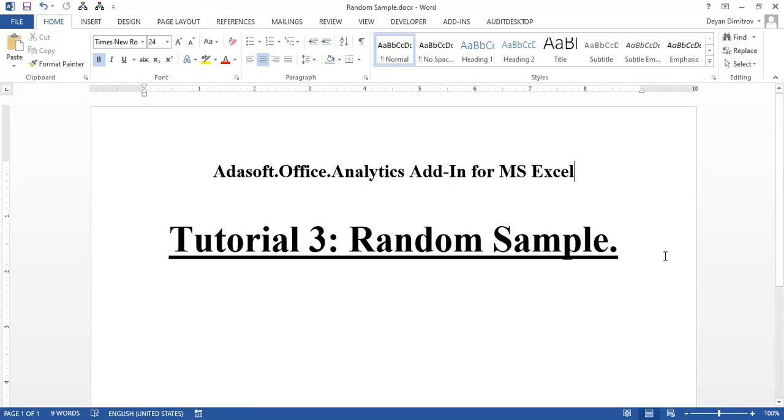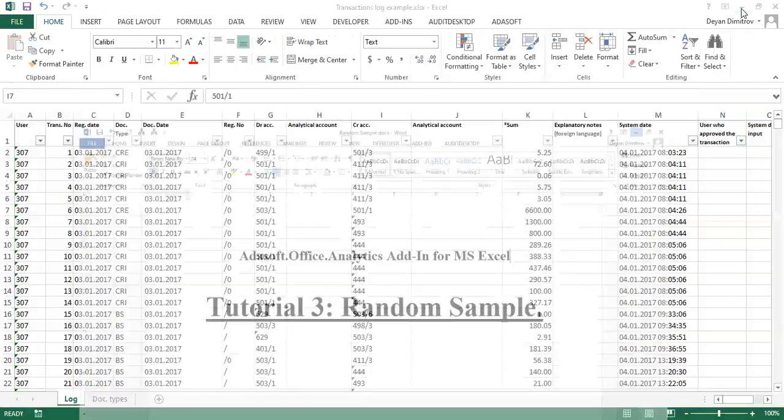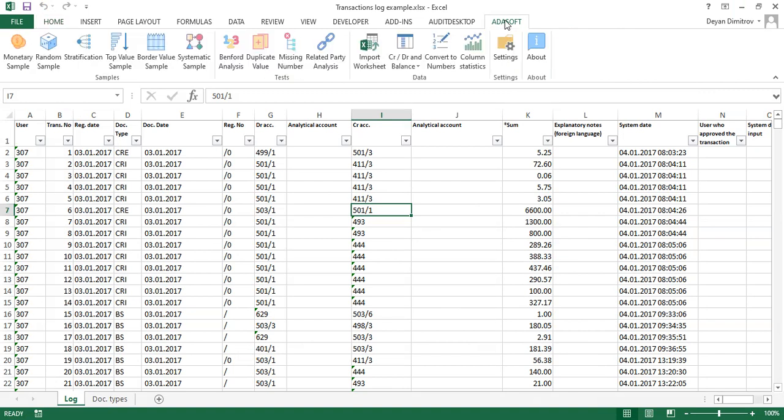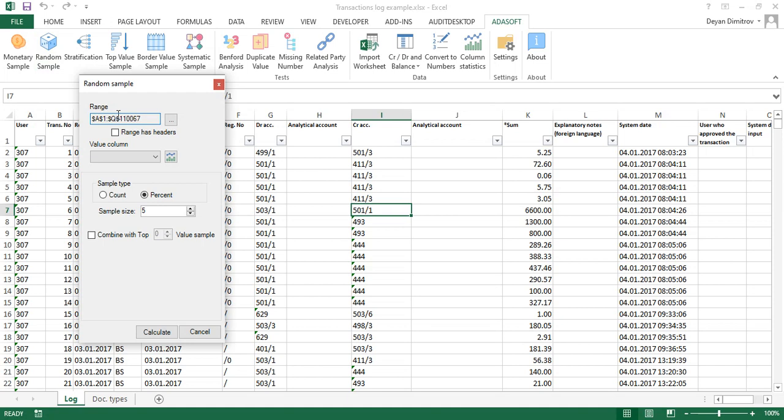Hello and welcome. In this video I will demonstrate how to create a random sample using the Adasoft.Office.Analytics add-in for Microsoft Excel. A random sample gives us a number or percentage of records obtained completely randomly from a selected population. All other types of samples use only columns with numerical values, while the random sample can be created from any type of values. From the Adasoft menu, select the Random Sample button,